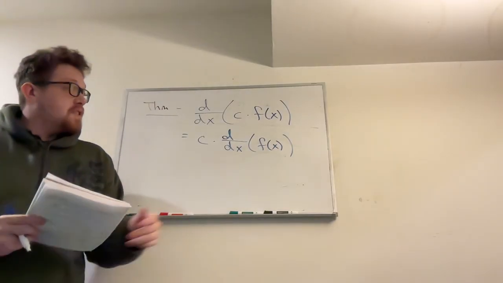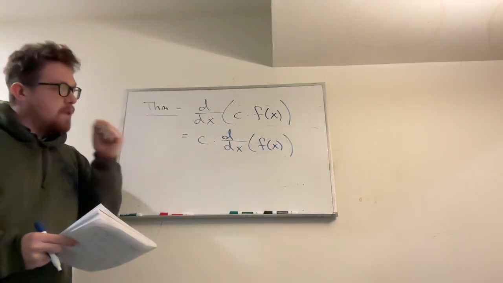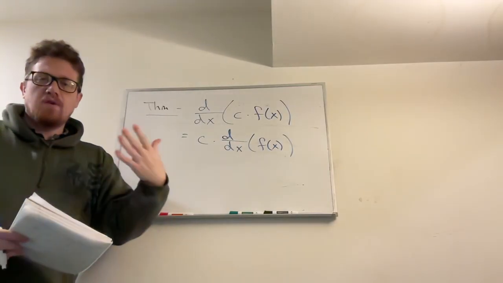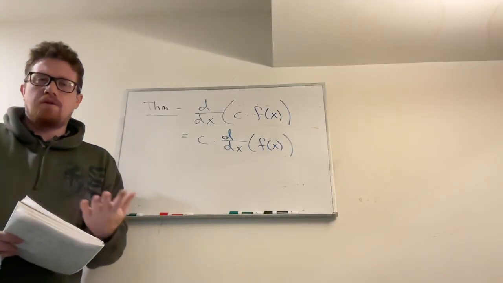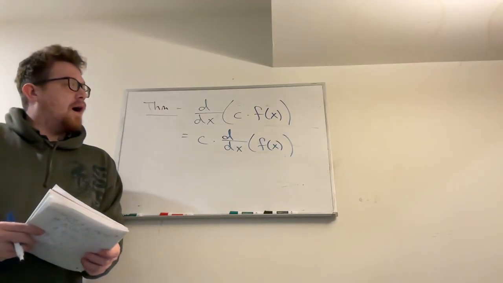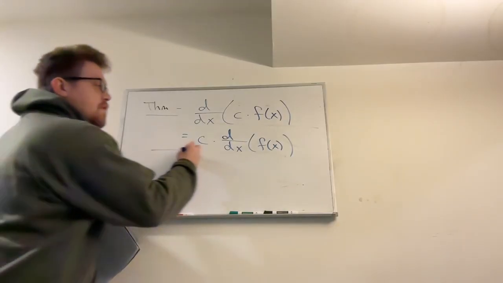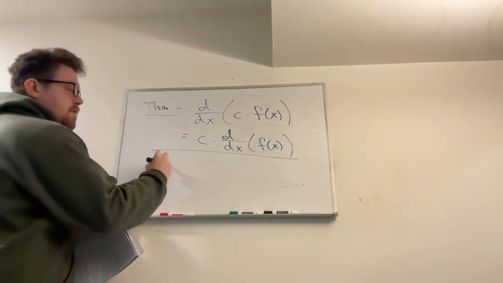So sometimes you'll see this property described as: you can pull constants out of the derivative. Or some people say it that way, like you can pull the constant out of the derivative. That's just referring to this rule. So why is this rule true? Well, it's very simple